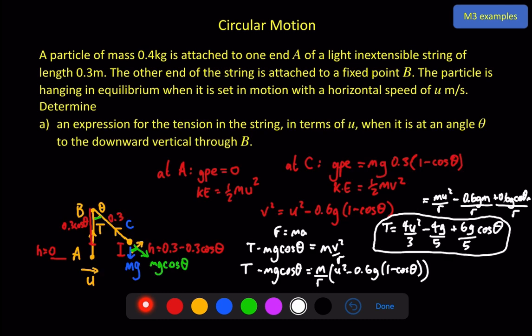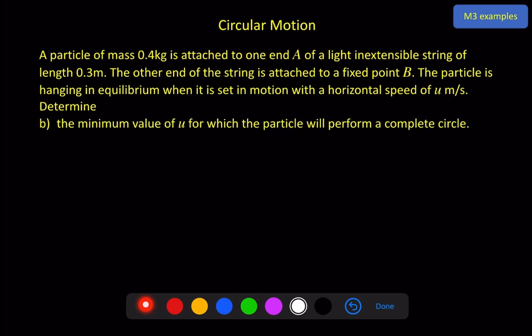video, that for a rod we want the speed to be greater than or equal to 0 at the very top, but for a string we need the tension that we found here to be greater than or equal to 0 at the top. So I'm going to take this expression, make this greater than or equal to 0, and solve it. So here the key point is t is greater than or equal to 0, and again you could